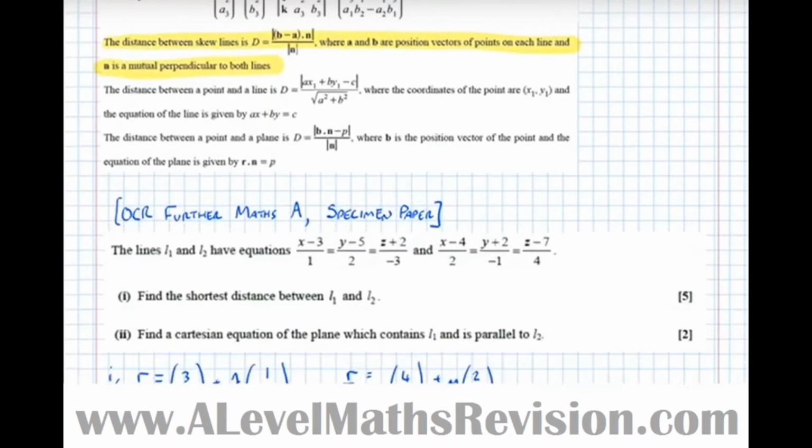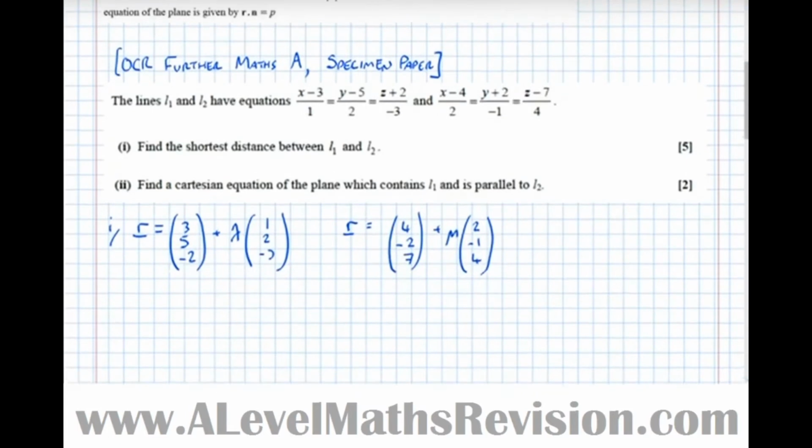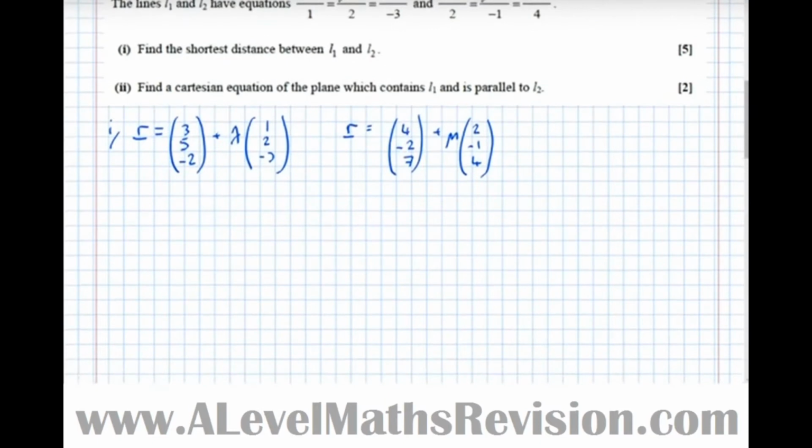So now what we need here is a normal, a mutual perpendicular to both lines, and 2 points on each line. Well, we've got 2 points on each line. That's a point there, and that's a point there. So all we need to do now is find the normal. Well, we can do that by finding the vector product of these two vectors here. It'll give a mutual perpendicular to both lines if we cross product their directions. So N equals (1, 2, -3) cross (2, -1, 4)